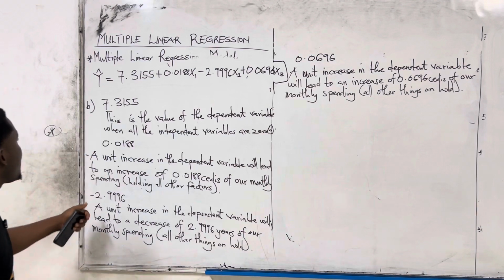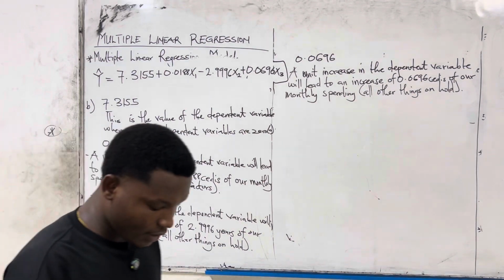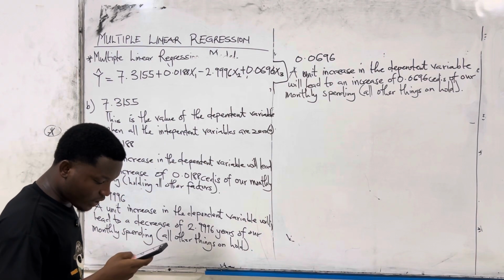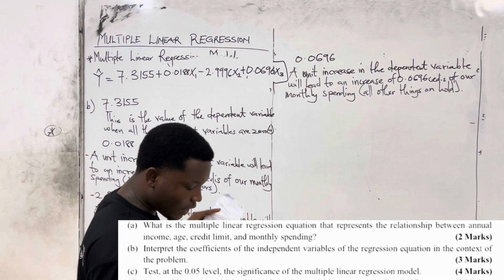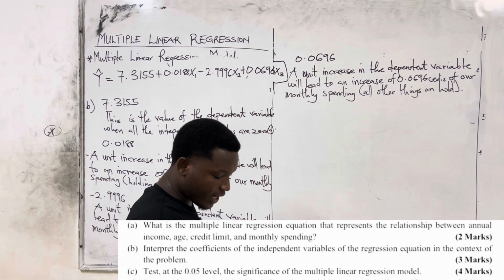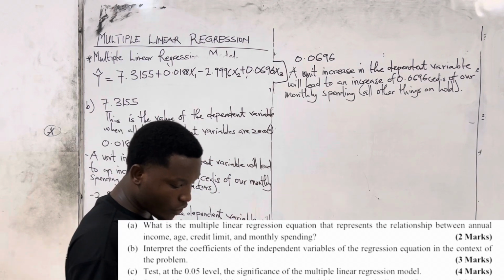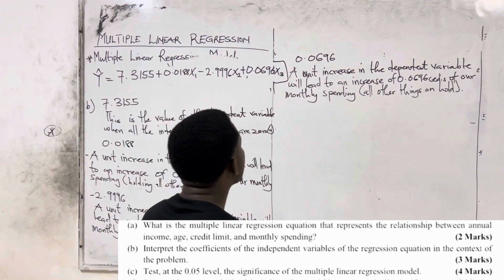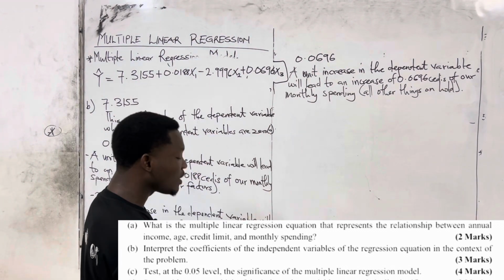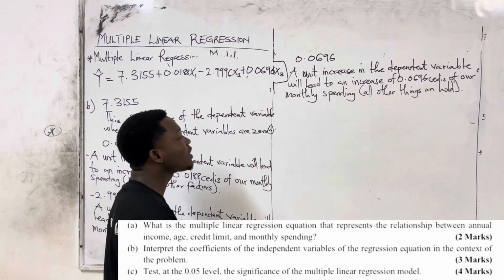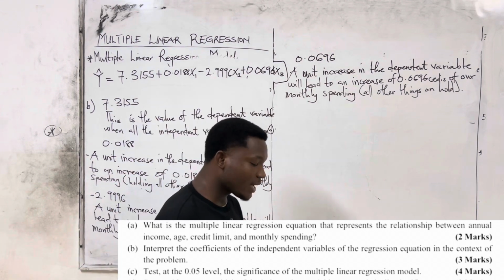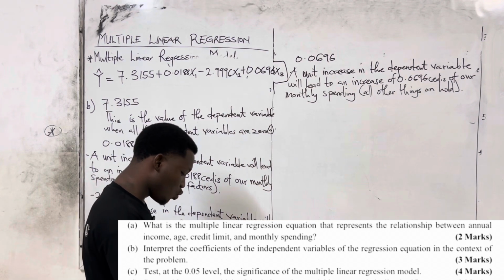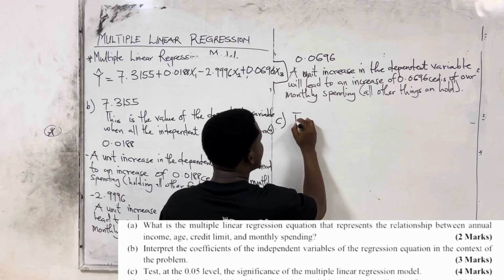So this is the interpretation form. And then the next question is for us to test, which is the C. Test at the 0.05 level the significance of the linear regression model. So with this test, we are going to use the decision rule, or the steps in solving for the one sample t-test, for us to decide, because we are testing. So we have to make a decision whether it is significant or not. So the first thing that we have to do, C, is testing